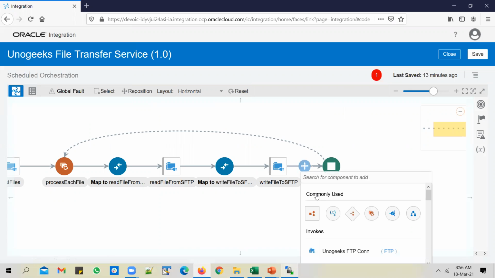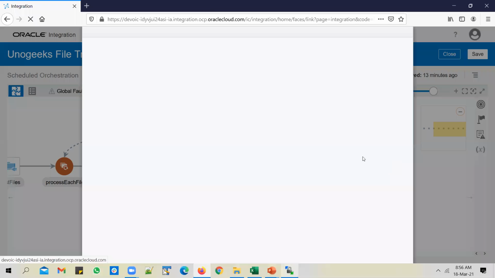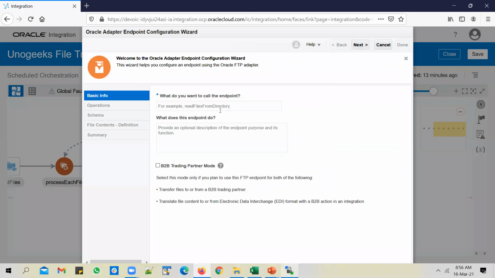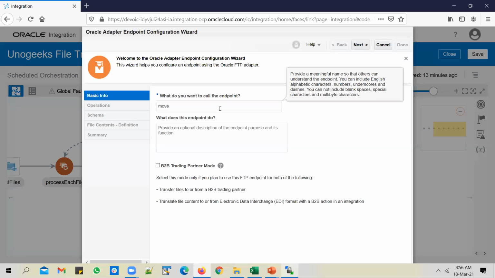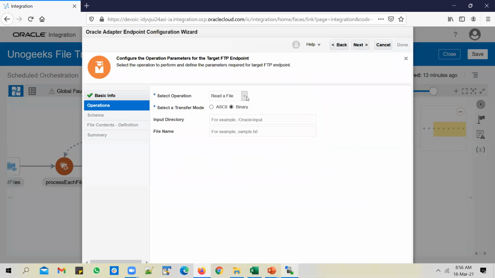Okay, let's see how to use the move operation now. I want to move the files from input to archive. I'll call it move file, and select the move a file operation.